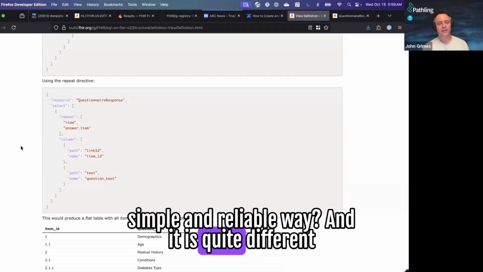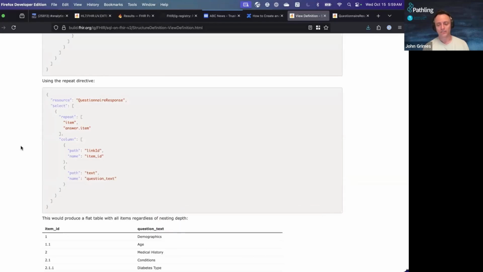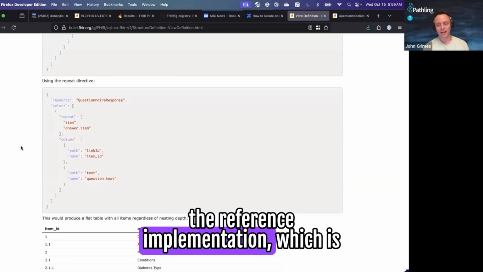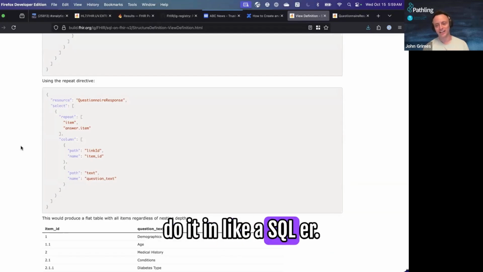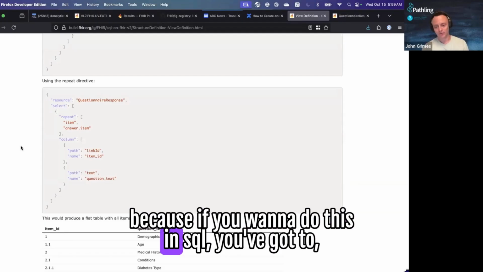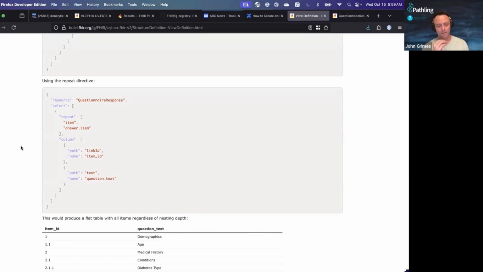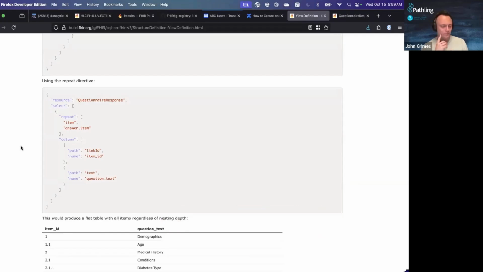It is quite different to implement this in something like the reference implementation, which is a programmatic implementation, than it is to do it in a SQL transpiler. Because if you want to do this in SQL, you've got to think about how you do the recursive aspect.